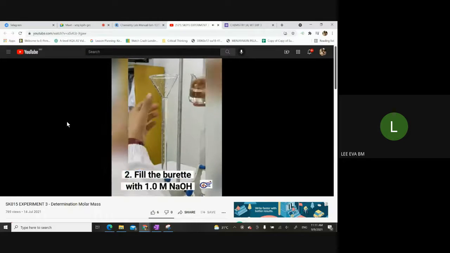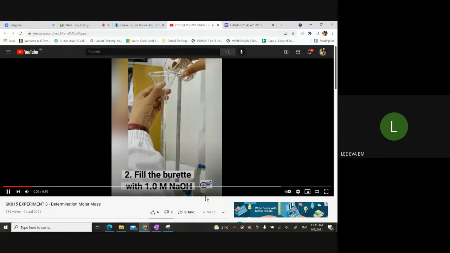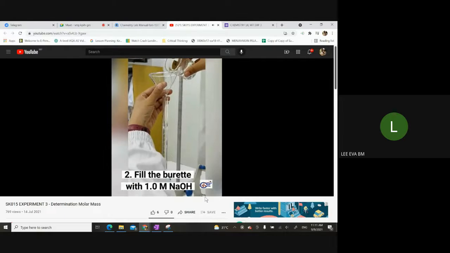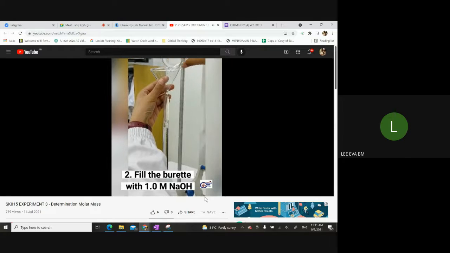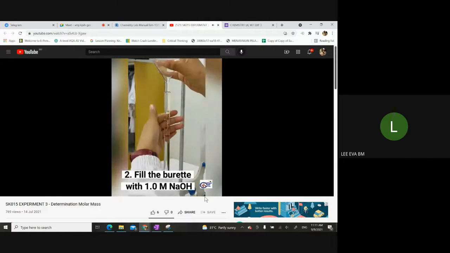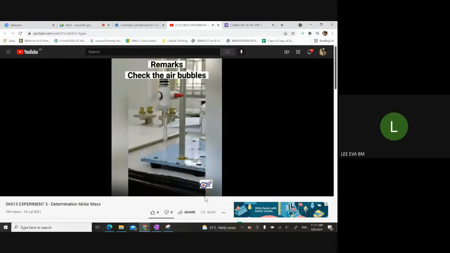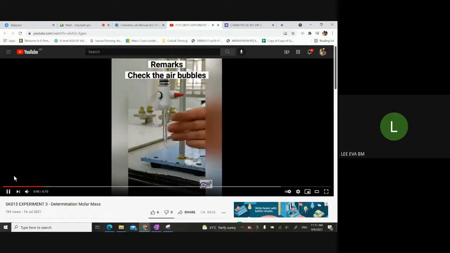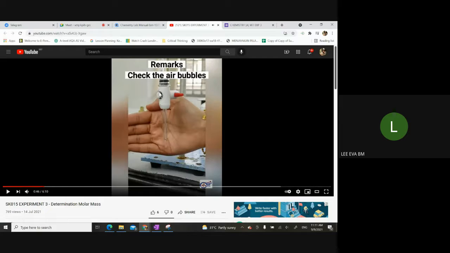And then step number 2, we fill in the burette with our NaOH. Any initial burette reading should be fine. Not necessarily 0.00. Any reading can be. Okay, this is a very important thing inside your practical test, and also every experiment that involves burette. Madam rasanya yang ini mungkin akan keluar dalam awak punya practical test. So make sure you understand